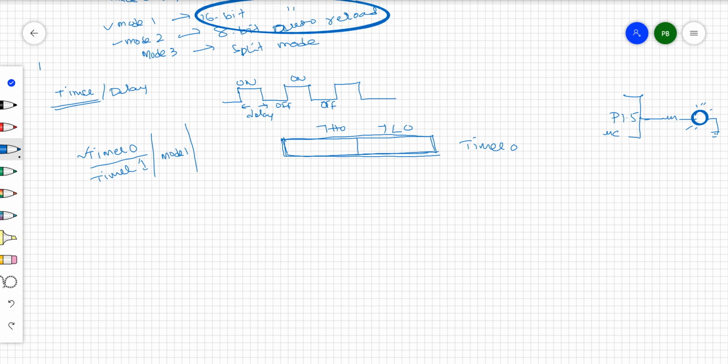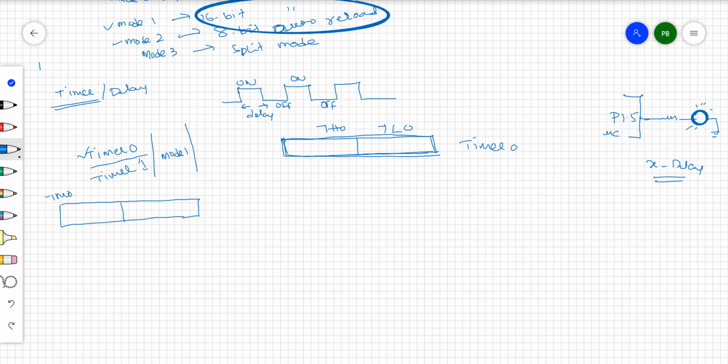How much delay? For example, I want to provide X delay. We will call it X delay. Based on the X delay, what values you need to place in the register we will also discuss later on. For now, just take an example of X delay between the on and off states. I want to use timer 0 and all 16 bits of the timer to provide the delay. For that we need to control the timer mode register as well as the timer control register.